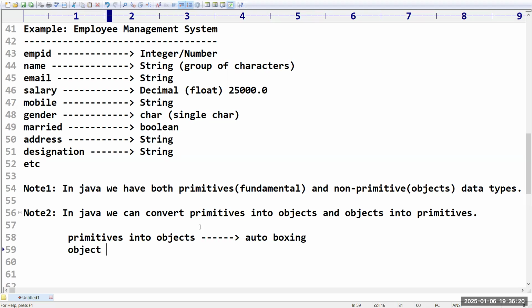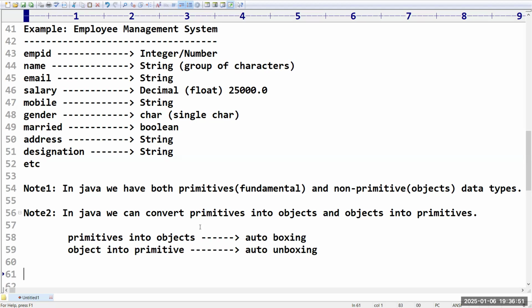If you are converting an object into a primitive, then it is called auto unboxing. What is the purpose of auto boxing and auto unboxing? If we have a primitive, can't I use it as it is? Why do we need to convert? The very simple reason is that in the real world, everything is considered object oriented.